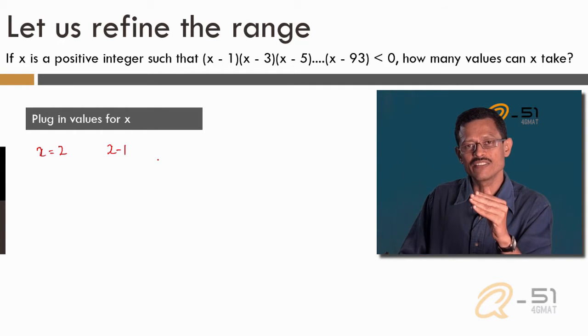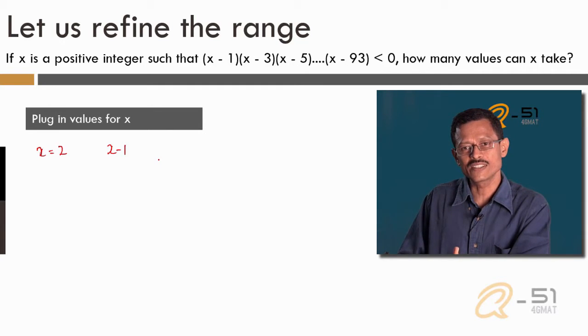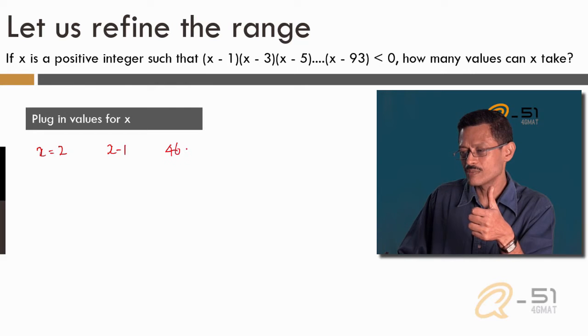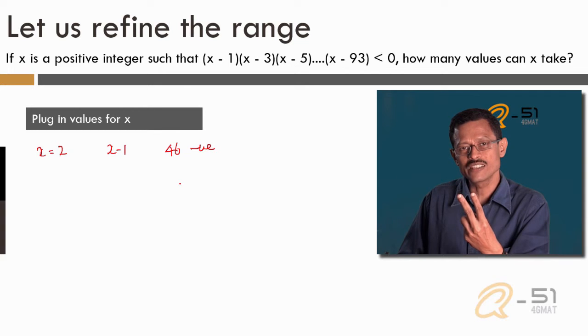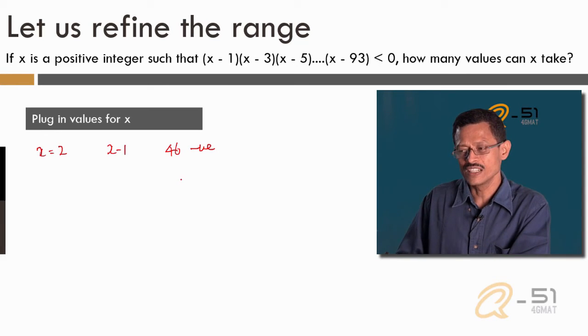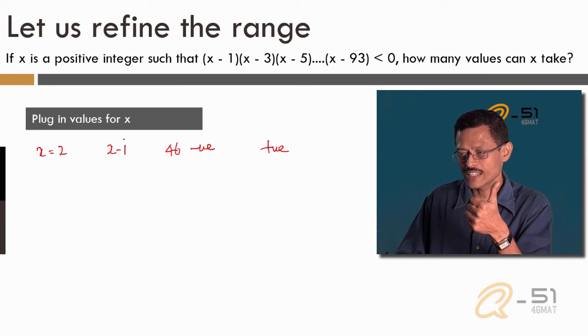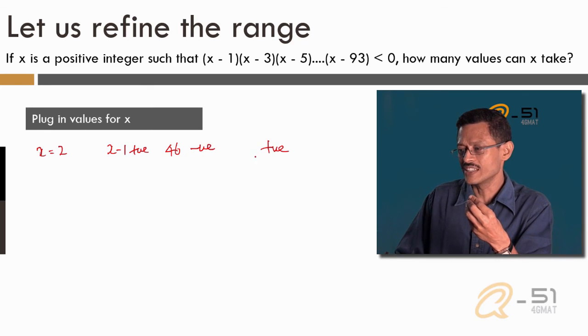1, 3, 5, 7, 9, going all the way up to 93. 92 is 46 into 2. So essentially there will be 47 numbers, of which x minus 1 is positive and the remaining 46 numbers will be negative numbers. Product of two negative numbers will essentially be positive. Product of three negative numbers will be negative. So with an even number of negative numbers, the product is going to be positive. So this result, when x is equal to 2, will end up with the final value being positive because x minus 1 is positive and 46 negative numbers will give you a value which is positive. So x is equal to 2 is not